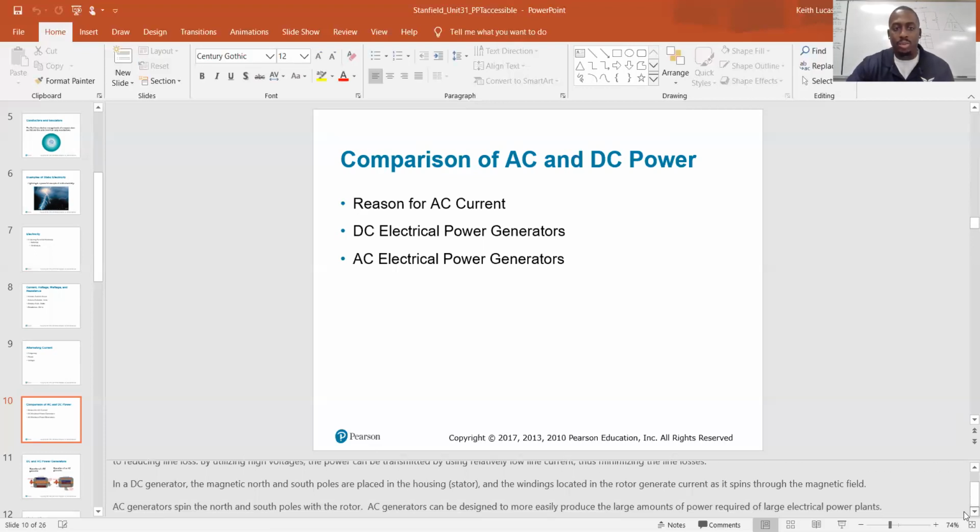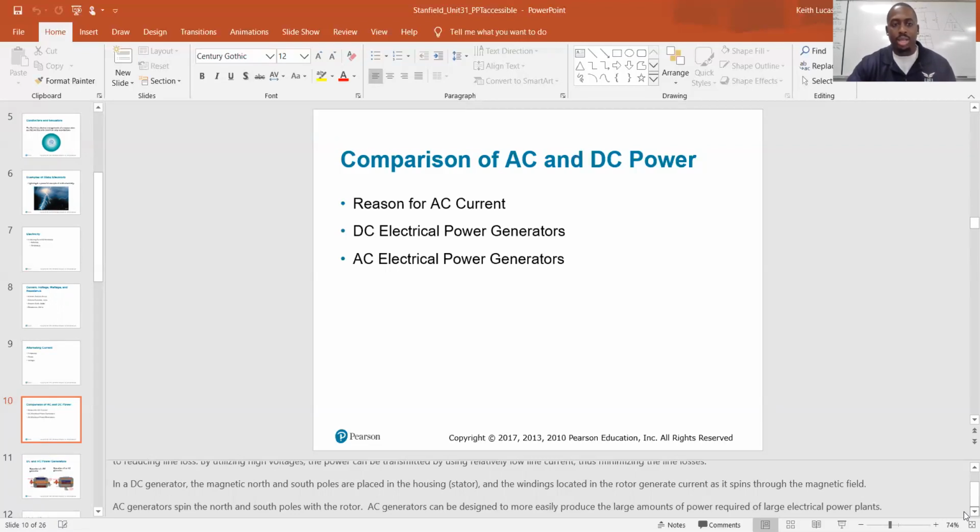In a DC generator, the magnetic north and south poles are placed in the housing, or the stator, and the windings located in the rotor generate current as it spins. So the windings are inside of the north and south poles, or the positive or negative poles, rather than the other way around. So like on an AC generator,